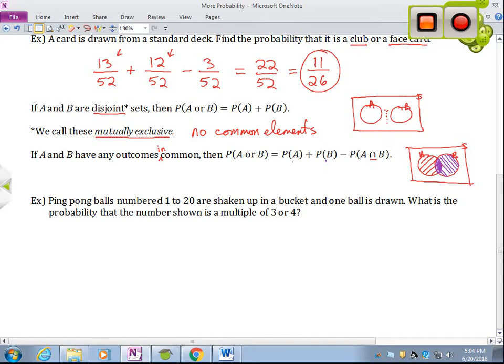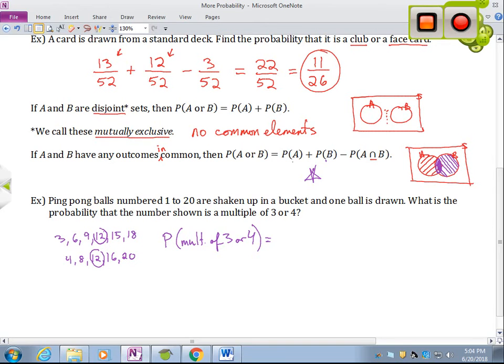Okay? So to do this, we need to consider all of the numbers from 1 to 20 and see what multiples we have. So multiples of 3 are going to be 3, 6, 9, 12, 15, and 18. And then multiples of 4 are going to be 4, 8, 12, 16, and 20. And then we want to know how many are multiples of either of those. So let me write this out with probability. We want the probability of a multiple of 3 or 4. And according to this one right here, since we've got some overlap, I see a 12 in both of